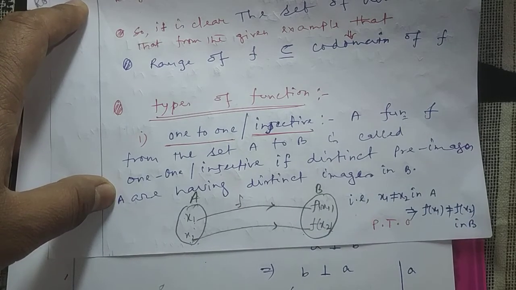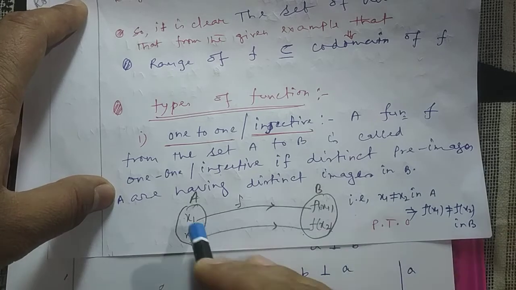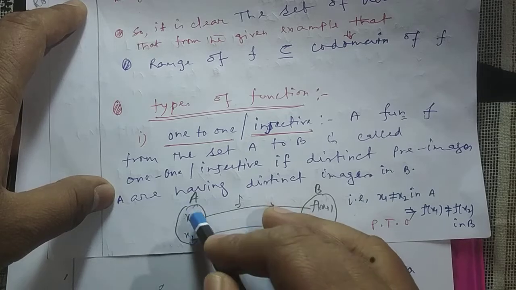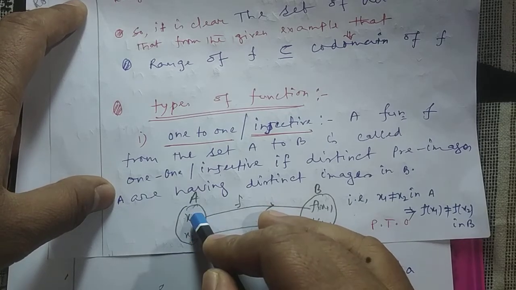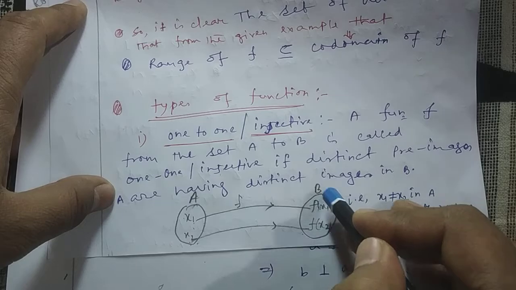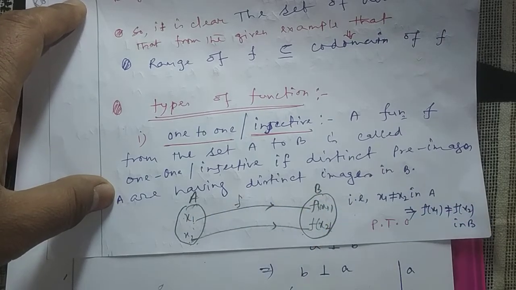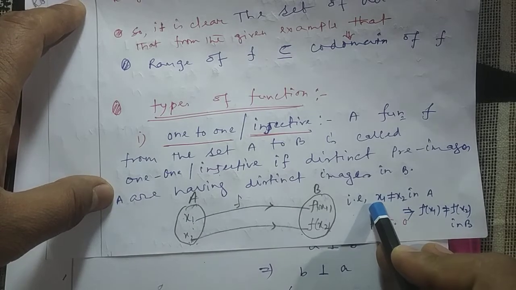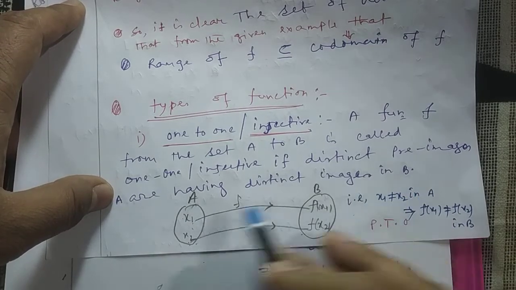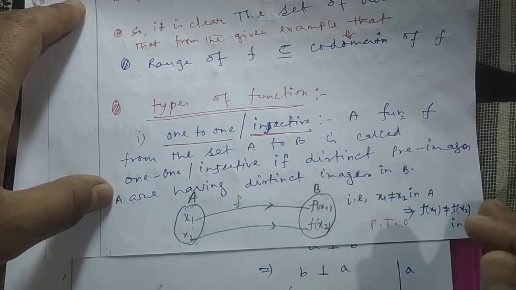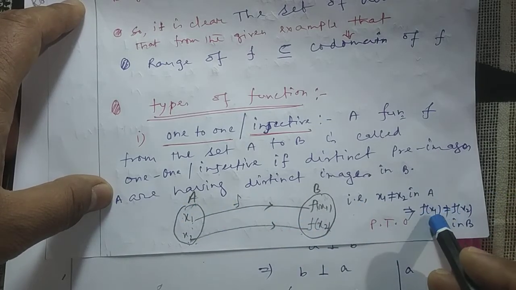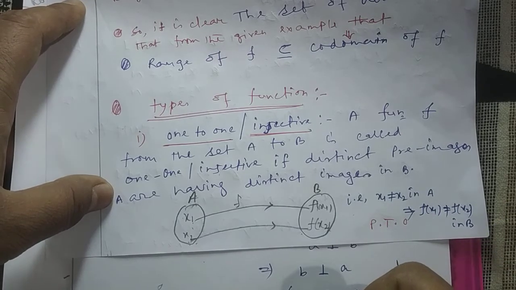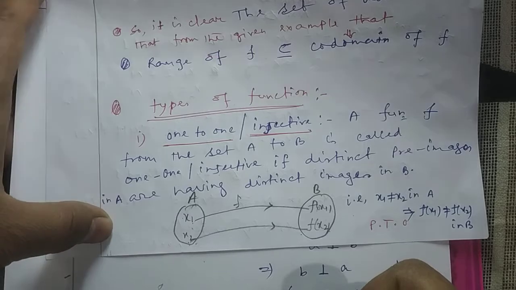Otherwise not. One-to-one means one for one, x1 is mapping to f(x1), x2 is mapping to f(x2), and here x1 and x2 both are unequal. Also they have to be unequal. If it is happening, f will be injective. Otherwise not. Otherwise means, suppose as usual we are taking x1 not equal to x2 in A, they are unequal. If by chance we get f(x1) equal to f(x2), they are same in B, then f will not be called injective. That is the meaning of otherwise.